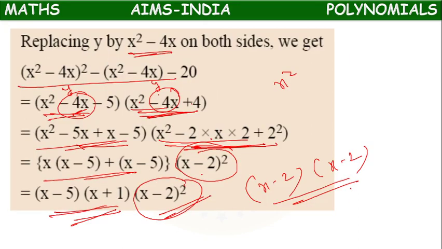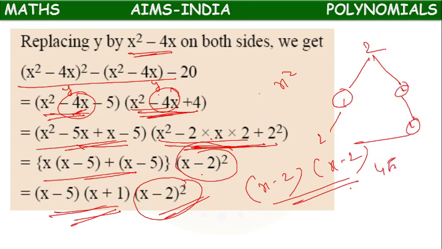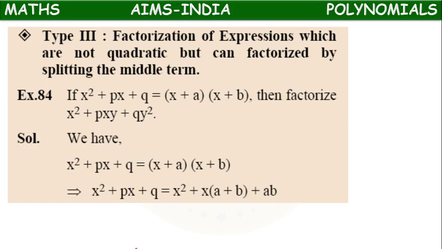Okay, this is about the second type. It means the given quadratic polynomial is not in general form, so we are reducing it into general form. We are finding factors. First 2 factors will come. Again, if we expand, for the first one 2 factors will come, for the second one 2 factors will come. Total 4 factors we will get from type 2 problems. Next we have type 3.